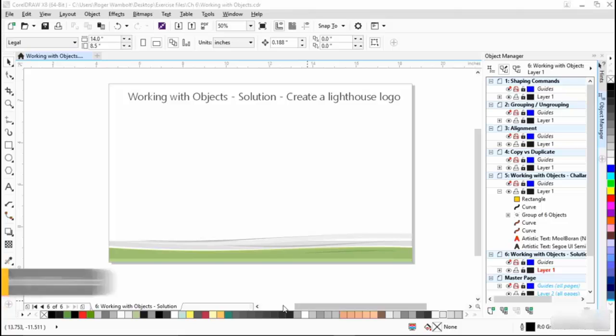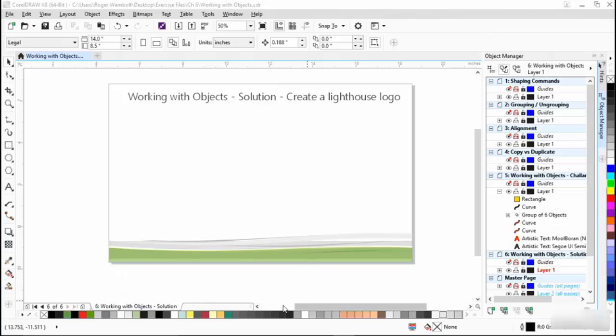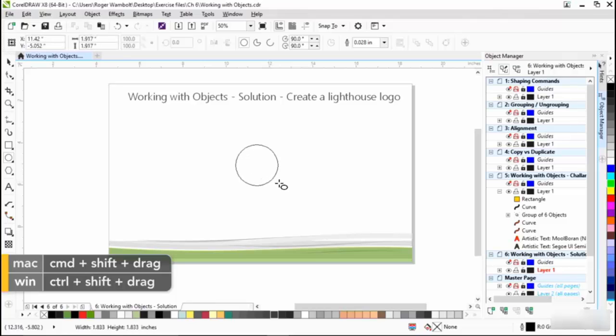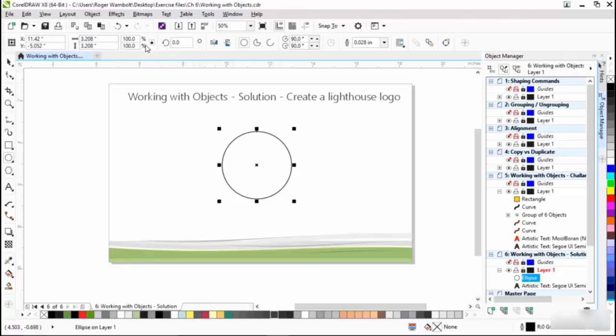I'll show you the steps that I went through to achieve the design. I'm going to create a lighthouse image with the rays emanating from behind. Now to do this, I'm going to start off with a 3-inch diameter circle. I'll select my ellipse tool, holding down the Control plus Shift key. I'll go out to about 3-inch size. We can see on the interactive property bar, so long as my aspects are locked, I'll simply type in 3